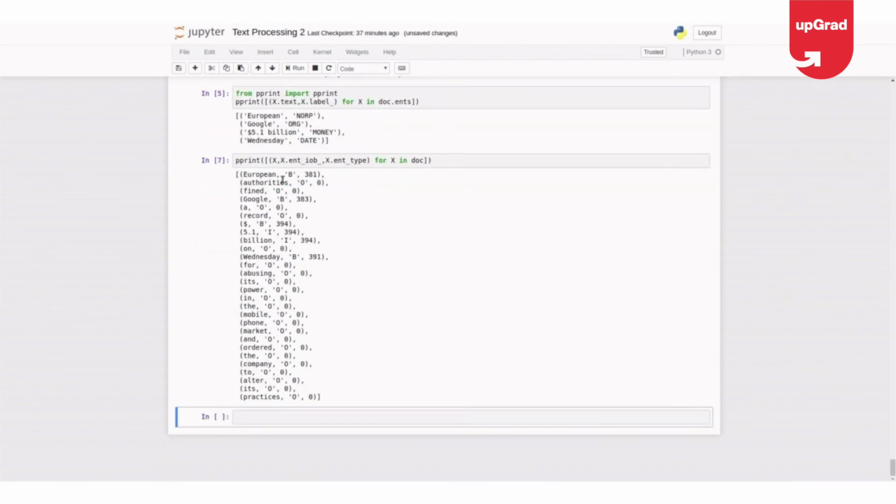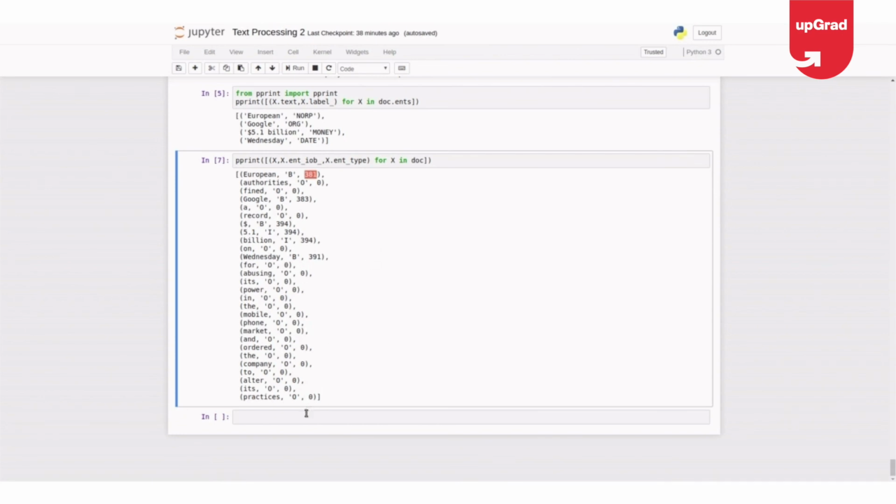So it is saying European is a word, the IOB is B, beginning, and 381 is the entity type. And again here it is I. So we have represented the NER in proper IOB tagging also.